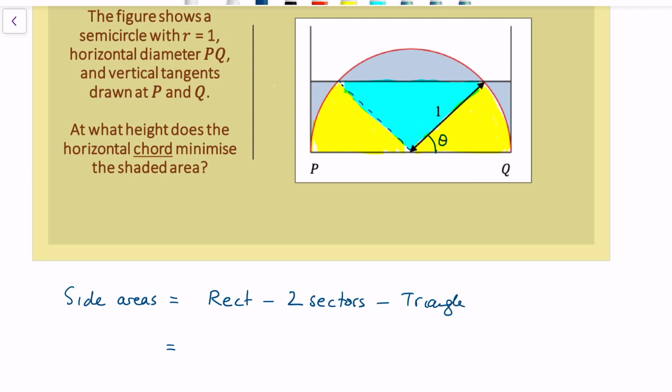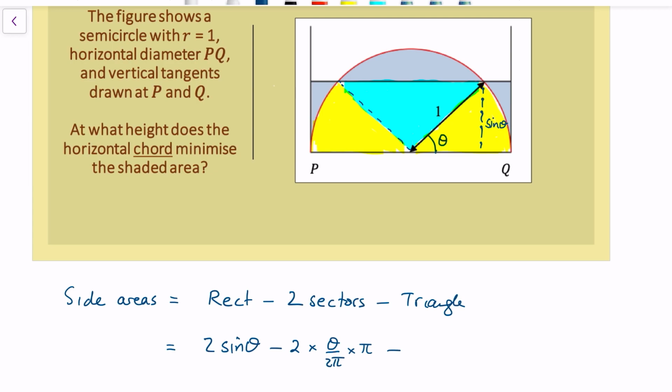The rectangle has a height of sine theta using trigonometry, and it has a base of 2 because it's the diameter of the semicircle, so 2 sine theta. The area of the sectors there is theta over 2 pi. There's 2 of them, by the way. It's 2 theta over 2 pi, which is the fraction of the full circle. Remember that 2 pi is 360 degrees, times the area of a full circle of radius 1, which would be pi times 1 squared,